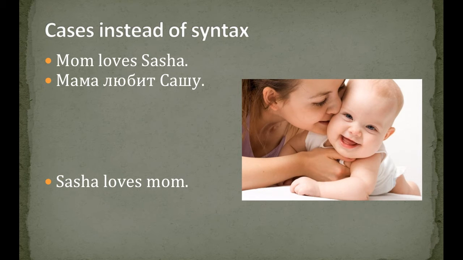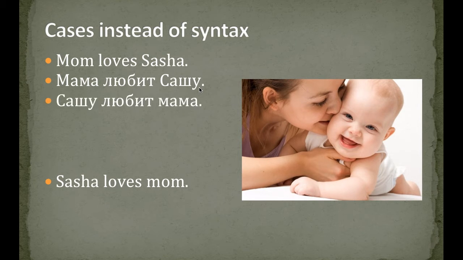Don't memorize any of this right now. I'm just putting it all out there so you can just sort of grasp the concept. Okay? So the end of Sasha is being changed because she's being loved by Mama. So a Russian knows exactly with this sentence who's doing the loving and who's being loved because you change the ends of the words accordingly.